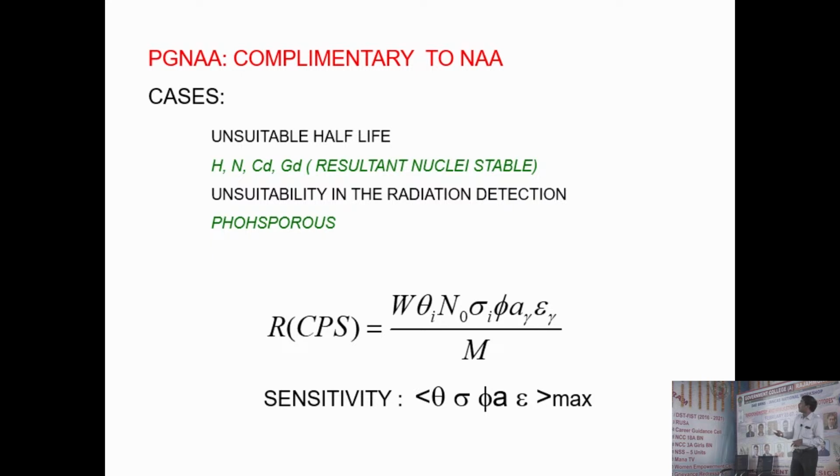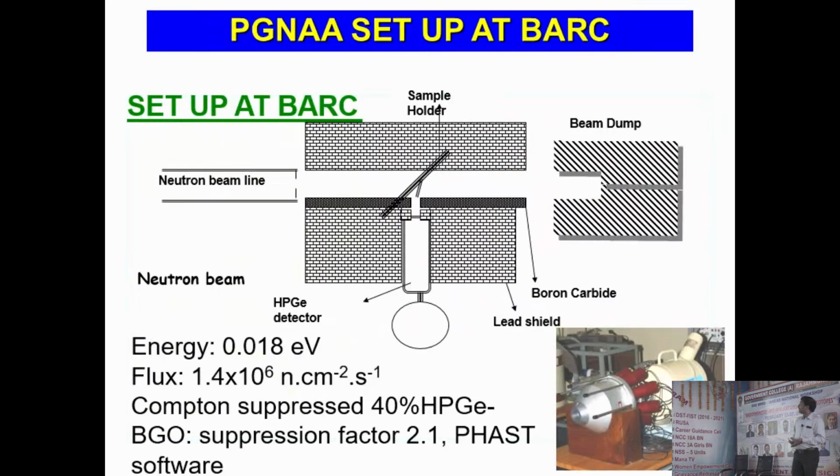Okay. PGNAA is complementary to NAA, because on the spot where you are doing irradiation, gamma rays are emitted right there, and we measure from that. From this we can do the calculations and quantify how much of an element is there. This all depends on the gamma abundance and the neutron flux, and we apply all these parameters to see how much element is there. The typical setup I am showing here: you take the beam from the reactor